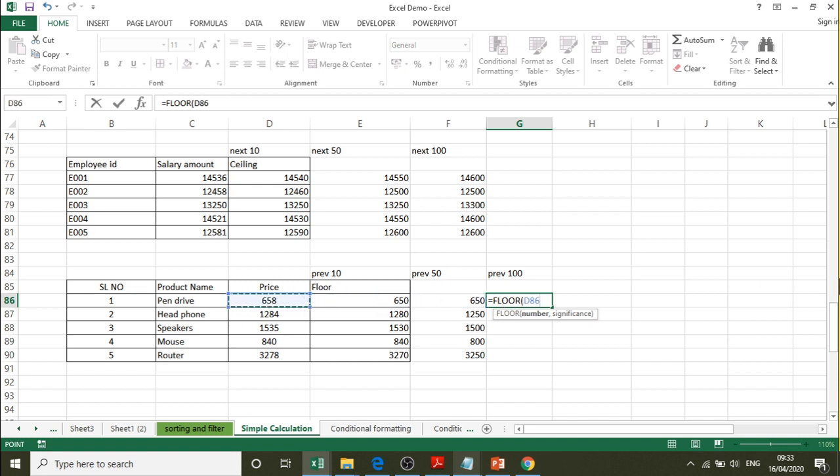So D86, comma, 100. So this is how we can get the answer. 600, 1200, 1500. So it is 800. So you can observe the difference.